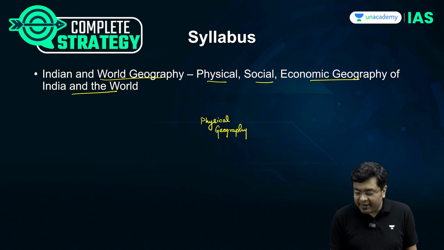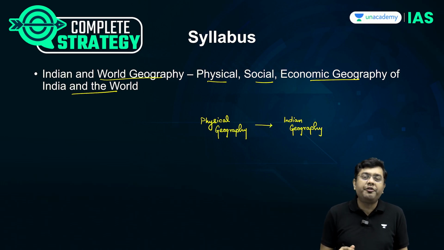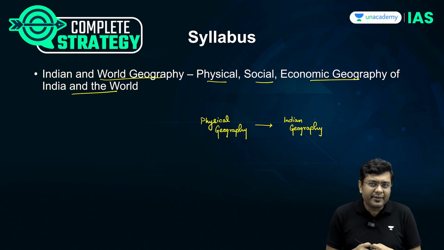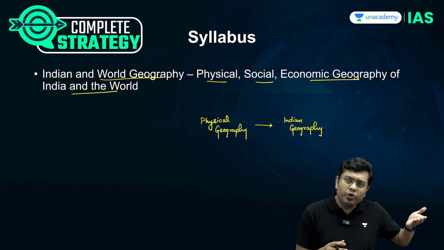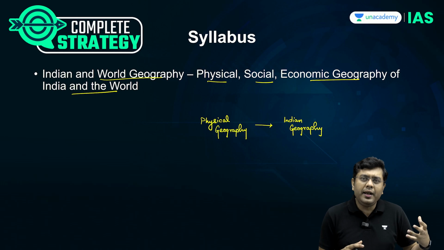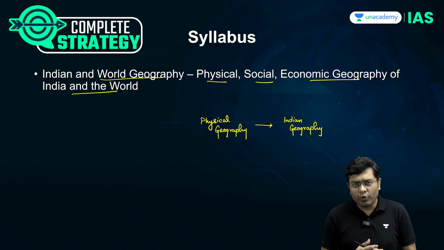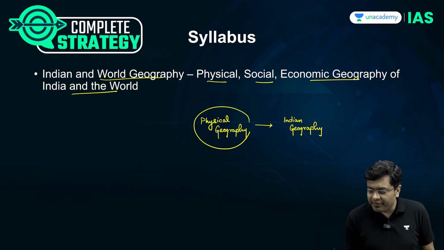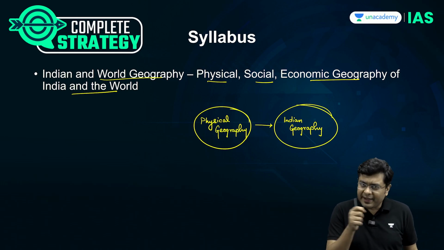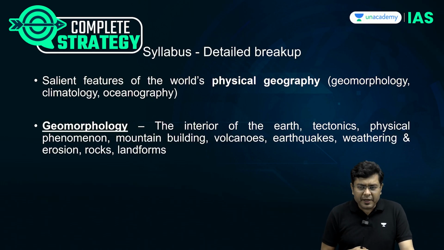Other than this, you have the classification of Indian geography. Indian geography, or geography of India, is basically the application of physical geography in the Indian context and understanding why it is relevant for us to know where crops are grown in what particular proportion, what the conditions required are, what the conditions of soil and vegetation in a particular region are, and so on. So this is the broader classification. But then, what is in the detail? Let us understand the detailed syllabus breakup.